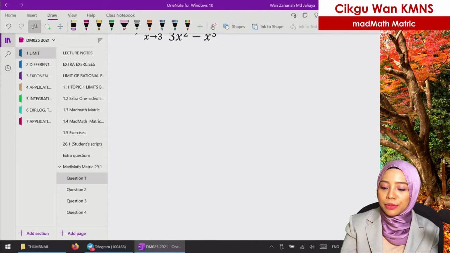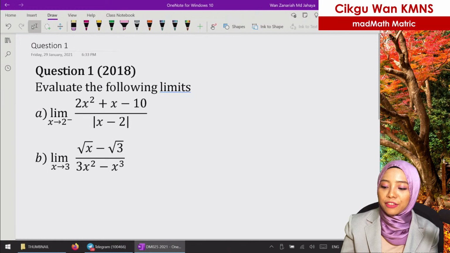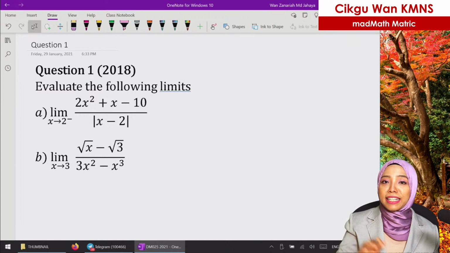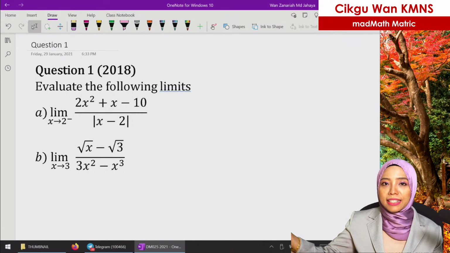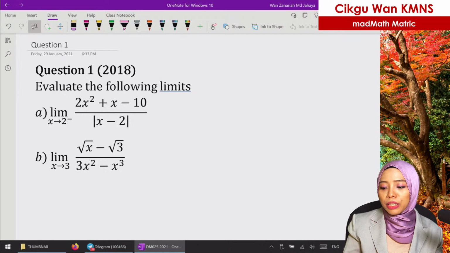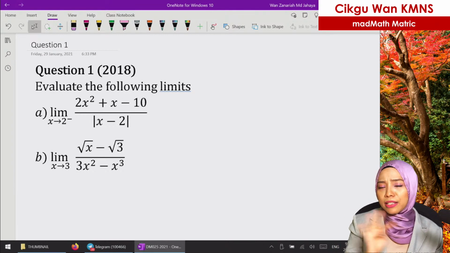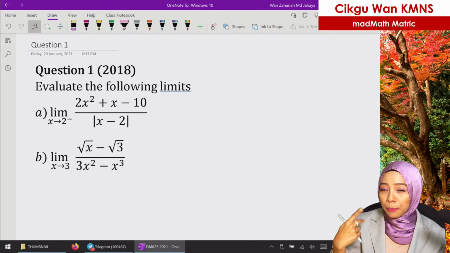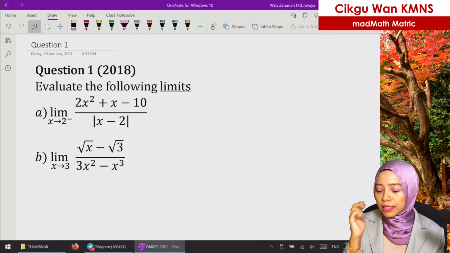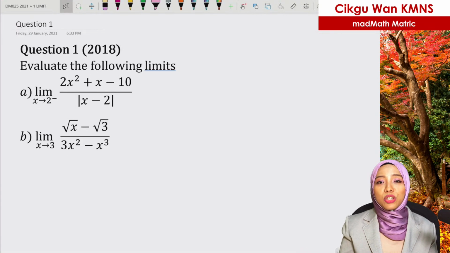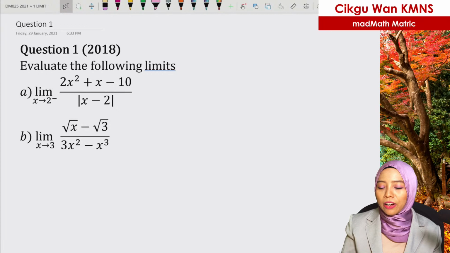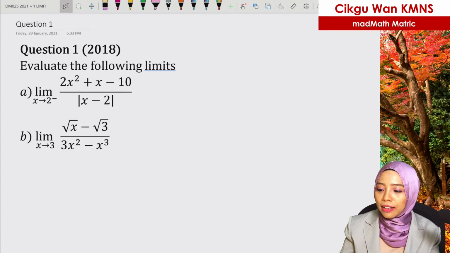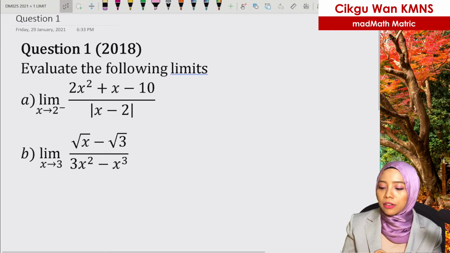Okay, so now we are looking at the tougher question. 2018 guys, 2018. We don't need to wait until the day, another 1 week to the exam. You should only be able to do the past year question. Once you finish the chapter, try to give an attempt at a past year question. Only then will you know whether you can do it or not. That's how you check whether you really understand the content. Okay, alright. So how are you going to do this? You will do it together with me. So join Madmath, yeah.